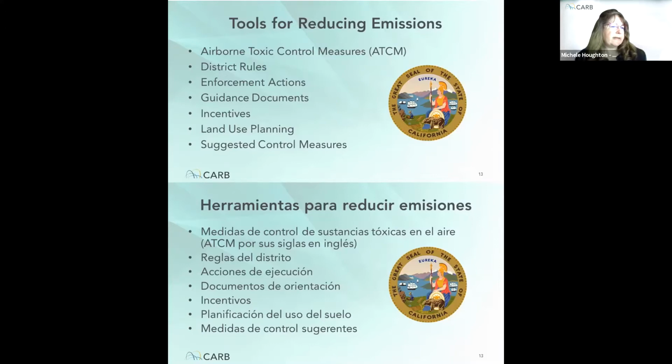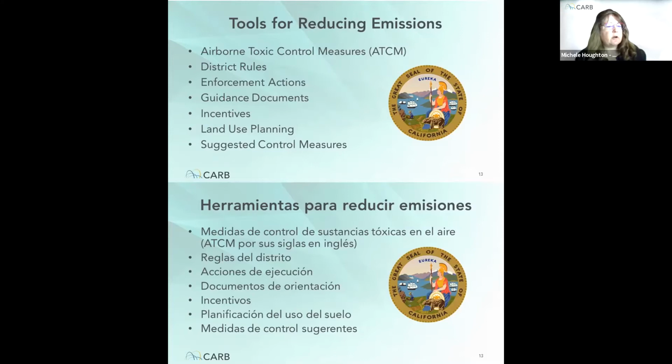Land use planning can also be an effective tool. Although the local governments have the primary authority over land use decisions, CARB can comment on the air quality aspects of certain projects through the CEQA process. Here we can make recommendations on ways to reduce or eliminate emissions.